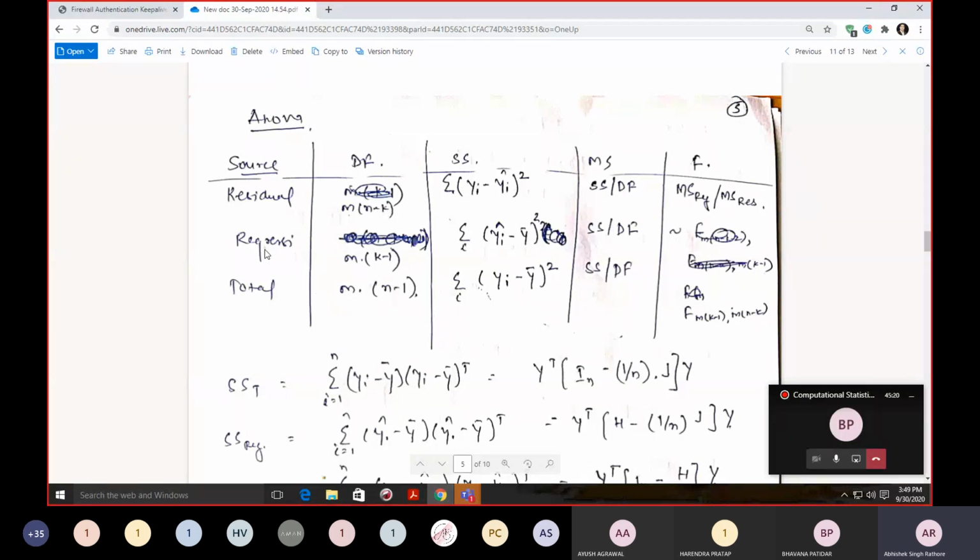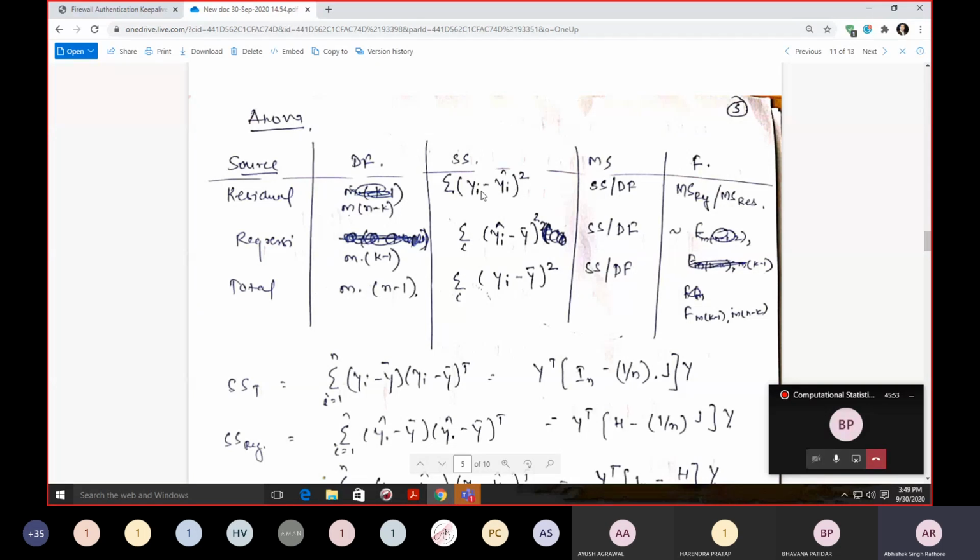Fine. Then we go to regression. What is regression? Let's again consider a single variable. For a single variable we have k minus 1 degrees of freedom. If we consider m response variables, then it will contain m into k minus 1. And what is the total degree of freedom? We just add all those terms, m into n minus k plus k minus 1, and it will give you m minus 1 degrees of freedom.